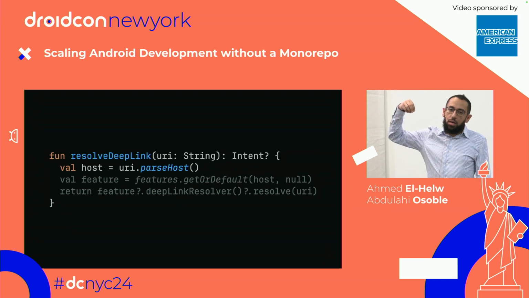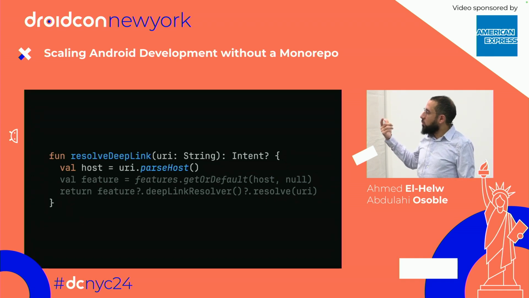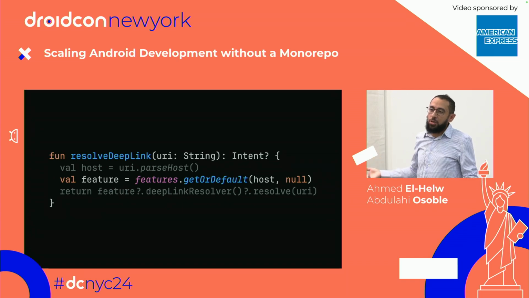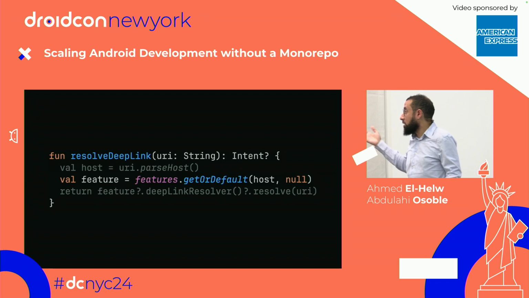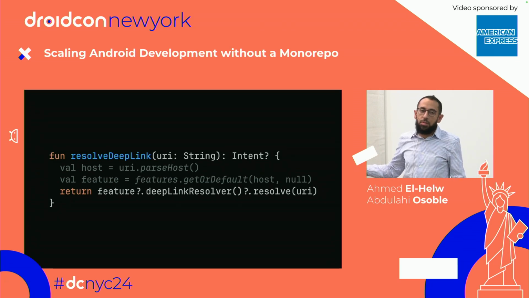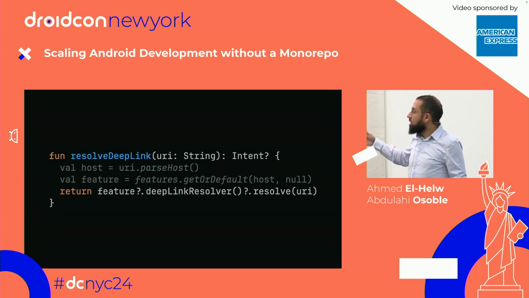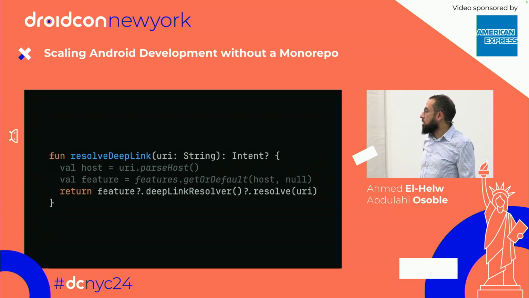The container receives the deep link, because you can only have one central point to receive things like deep links. So you receive it in the container, you parse the host, which is the routing key, and then you say, given this list of features, give me a feature, if one exists, that says I can handle this routing ID. And if it has a deep link resolver, resolve the URI and return it, or return null. The nice thing is the container can say, if it's null, do this fallback behavior, don't crash or do something else. And that's also what allows the optionality principle that we talked about in the principles.